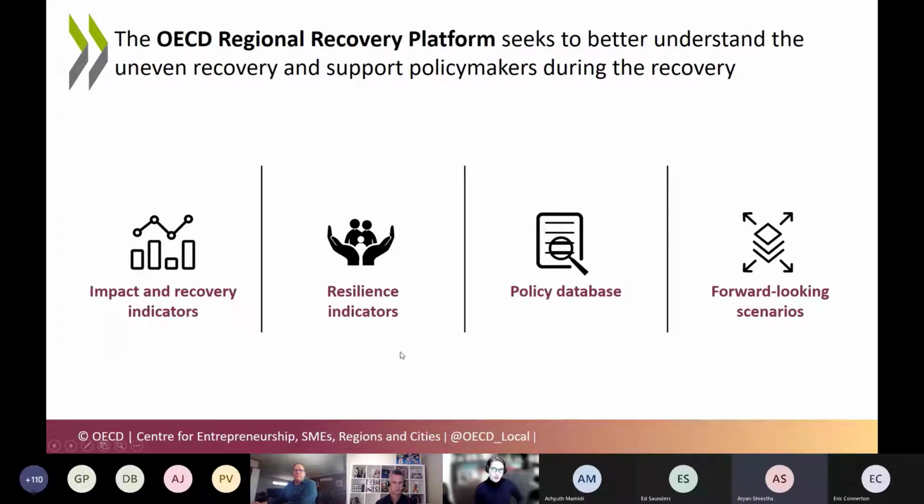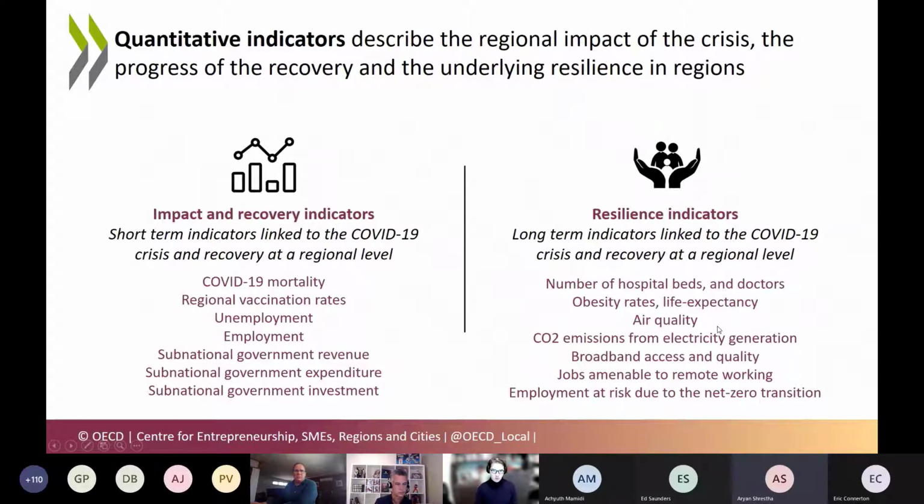And so we have a range of indicators. We divide it into 4 sections. We have a part which looks at the impact and recovery. So we try to get some statistics on what's going on with the crisis that's relatively up to date. It's hard to do the full automation. We have resilience indicators. These are more like longer term data sets that we have available at the OECD on, for example, the number of hospitals in a region, or hospital beds, the number of doctors in a region, policy database, forward-looking scenarios. To give a little bit more detail on these, for the impact and recovery indicators,